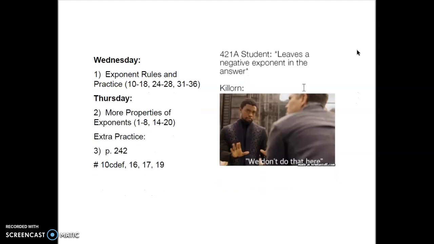So Wednesday, so today, you need to go onto the worksheet that's called Exponent Rules and Practice. You need to do these questions today, okay? And then Thursday, this is what we'll do. So Wednesday, this is what we're working on. You're doing 10 to 18, 24 to 28, 31 to 36. If you have free time and you want to do some more questions, fill your boots. That would be great. Okay, so like I said, I'm going to post another video of me going through some